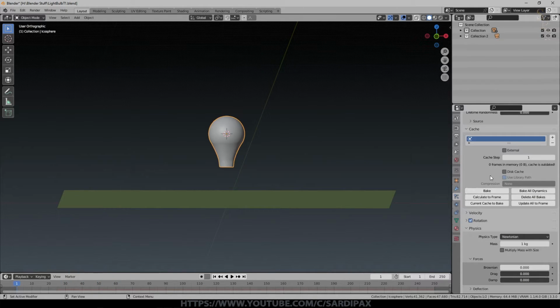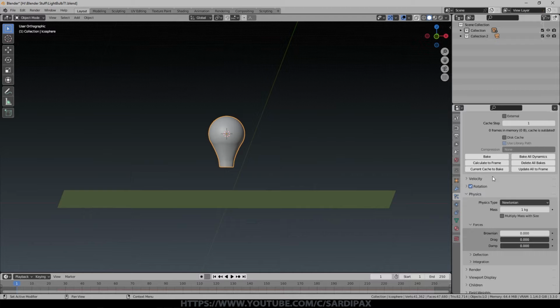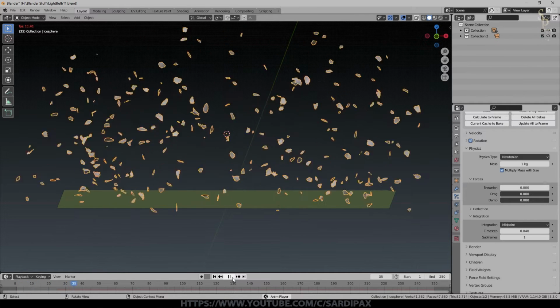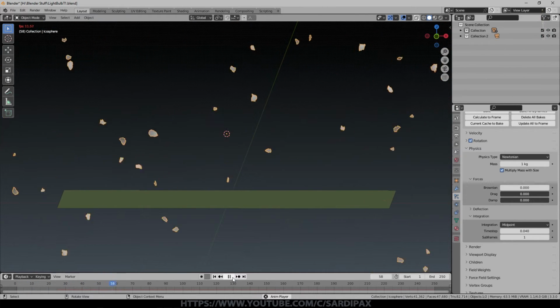What I'm also going to do on the particles, just to add a little bit more variation, is we'll click multiply mass with size. And if we come down here, we can see we can add some subframes. I'll just put one subframe in, so it will look at where the position of the particle is and do calculations on whether it's collided with anything, such as this plane, between frames, not just on the frame, which means for faster moving particles, we're more likely to achieve collisions. You can see more of them are bouncing off there.